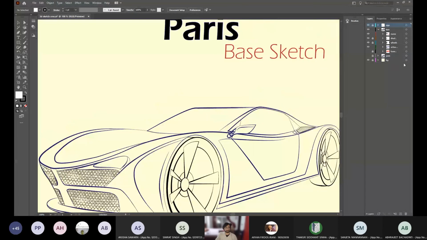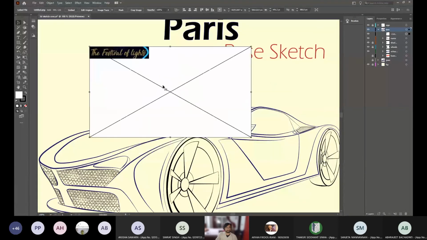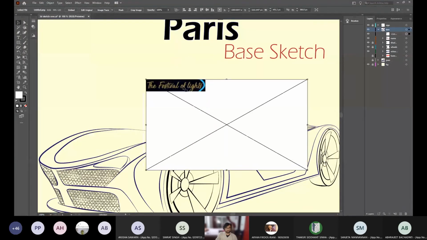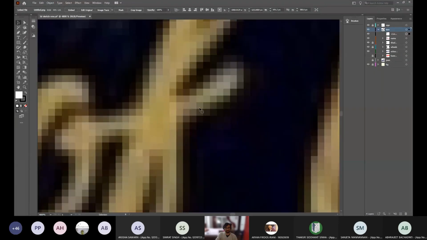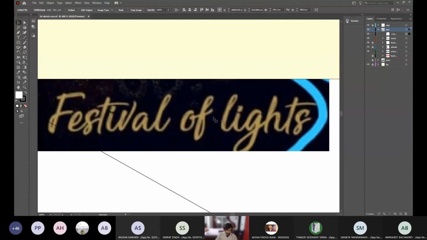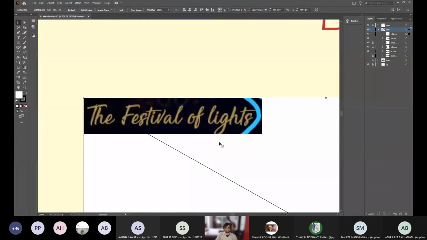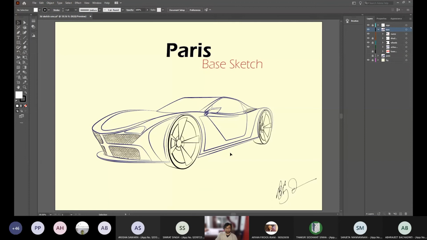Just give me a moment. I'll import an image and show you guys. Okay, so we go to downloads and the Festival of Lights, and I zoom into this. So you will see a bit of distortion over here, like pixelation rather. This is a common issue when we work with images, what we click with camera and all. But when it comes to vectors, the issue isn't there.